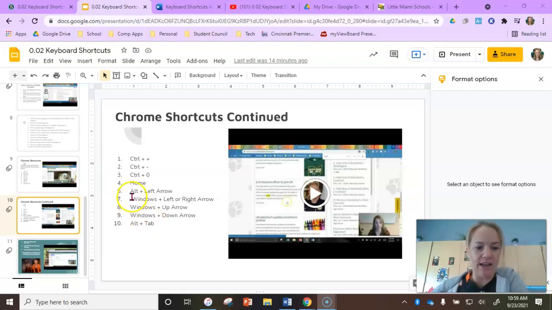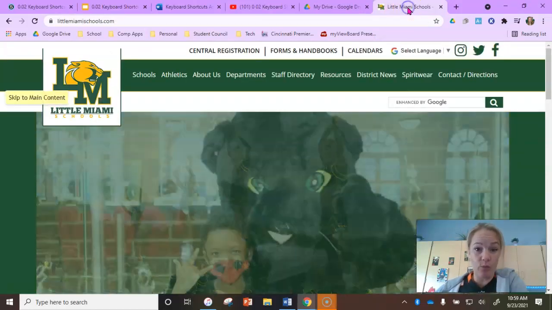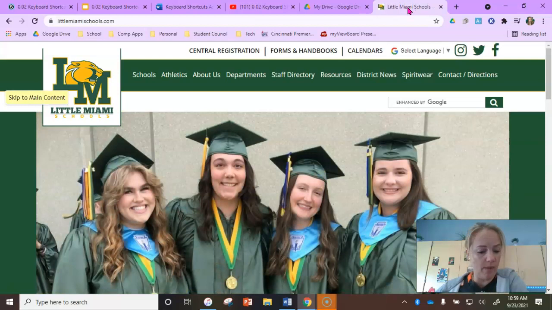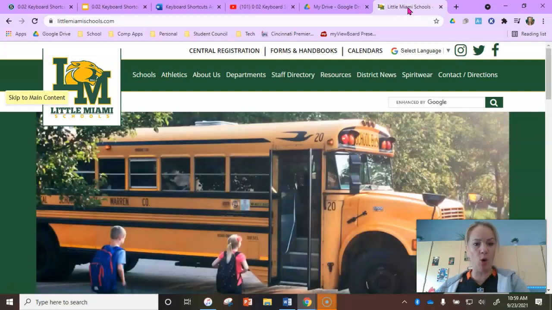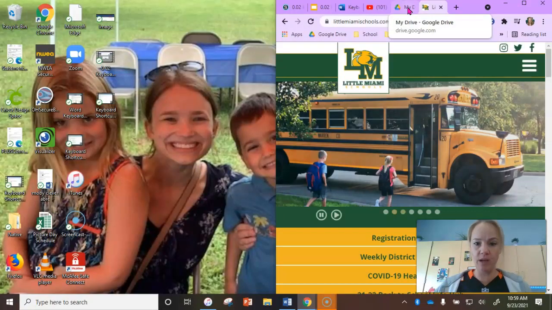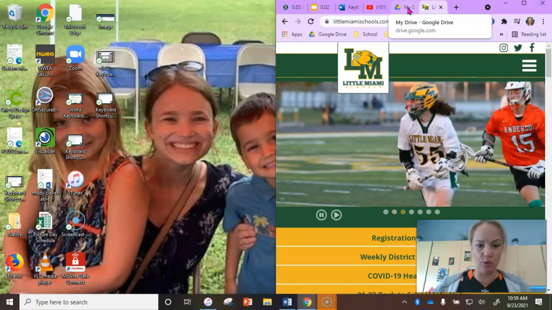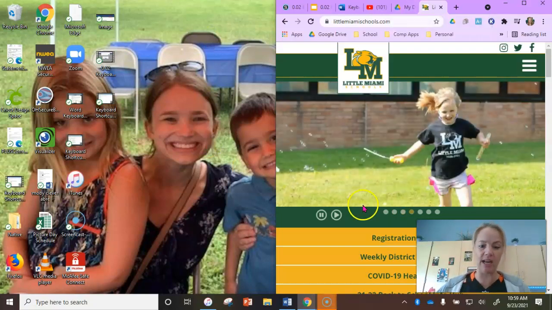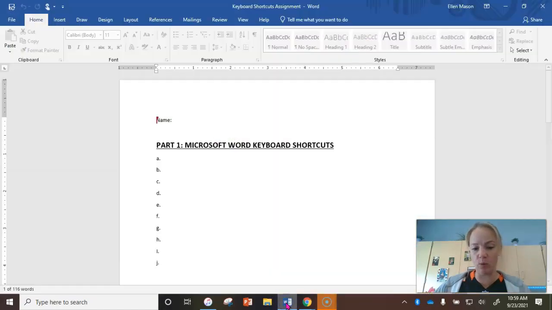Looking here at number 7, Windows plus the left or the right arrow. What that does, the Windows key is in between your Control and Alt keys in the bottom row of your keyboard. If you hold down that Windows key and you hit the left or the right arrow, that will allow you to quickly put your current window in a split screen, and then whatever else you might be working on,